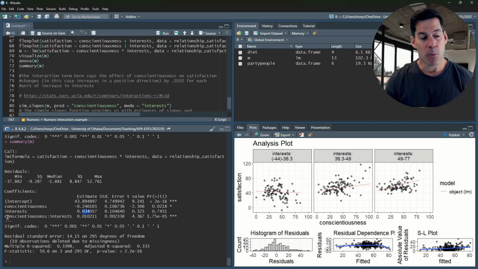Now, finally, we've got an interaction effect here. So that is the significant interaction effect. We probably don't care too much about these. We can't really interpret them on their own. So we've got this interaction effect of 0.0102. Now I've put up here what this interaction term means here is that the effect of conscientiousness on satisfaction